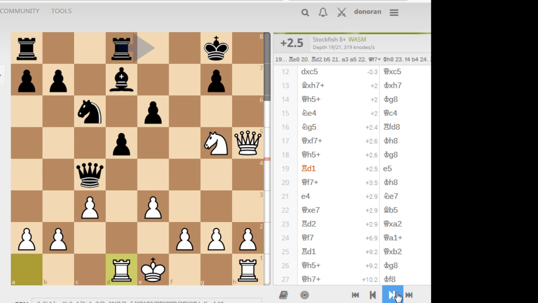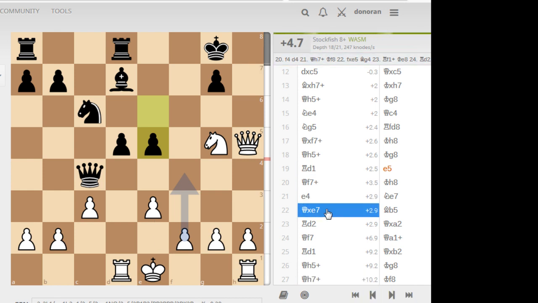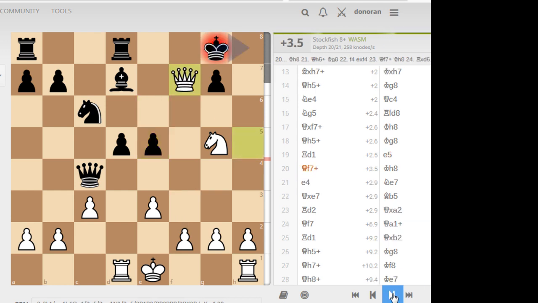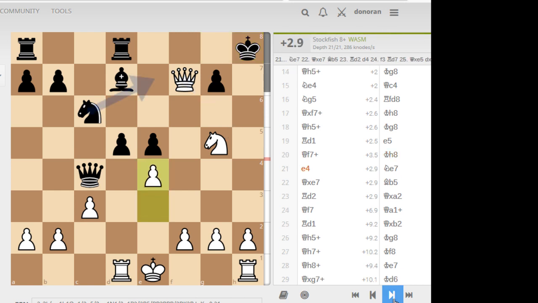So he pushes e5, which is not a good move, as you can see. The computer did not like it, because this allows another brilliant move. Queen f7. Now the queen was just there, I know, but the game has changed a little bit. When the queen was there before, there was a pawn on e6. Now it's no longer there. So he forces the king in the corner and now plays e4,